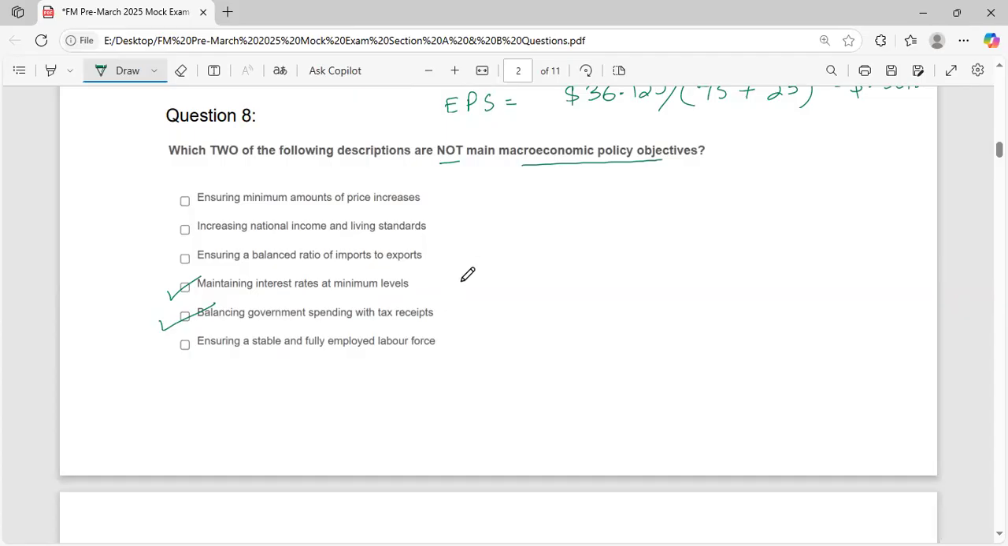This is the objective of the macroeconomic to avoid any budget surplus or especially budget deficits. Rest are not the objectives, sorry, these are not the objectives of macroeconomic. These are the objectives of fiscal or micro. Rest are called the macroeconomic policy objective, where we are maintaining minimum amount of price increases, national income increase, balanced ratio of import or export, and stable and fully employed labor force. Next is